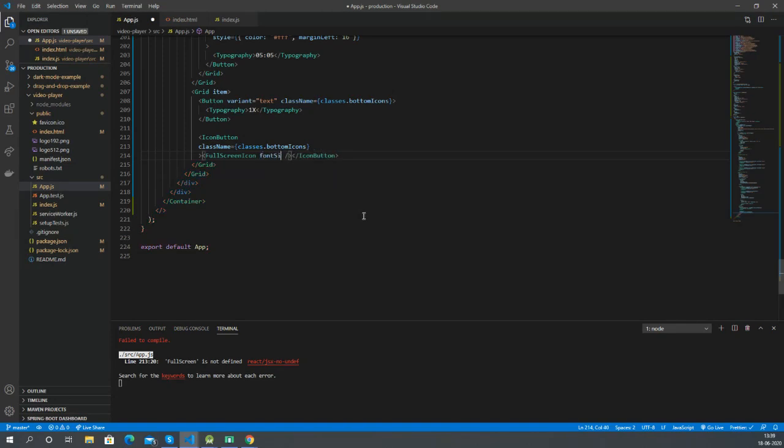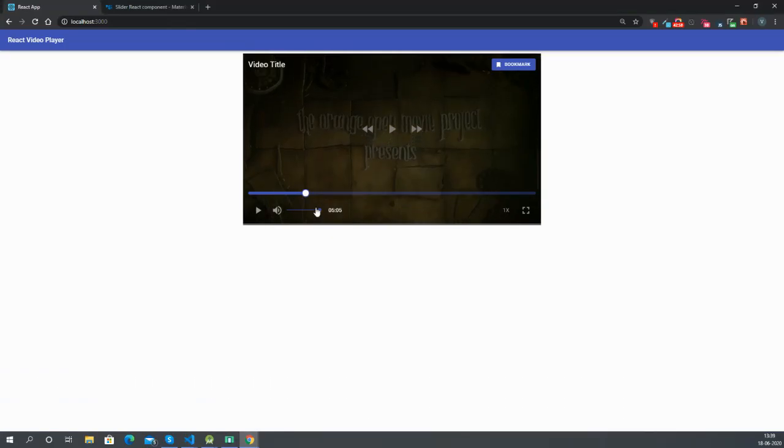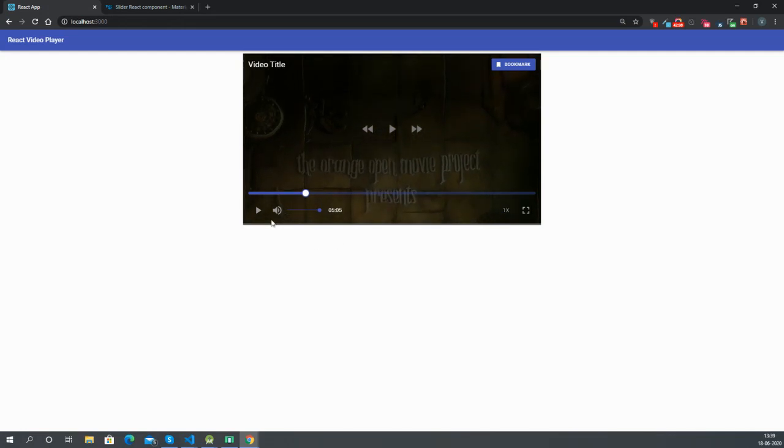We'll give it a font size of large. Now our bottom icons are finished.